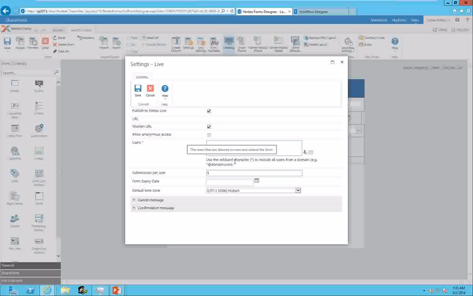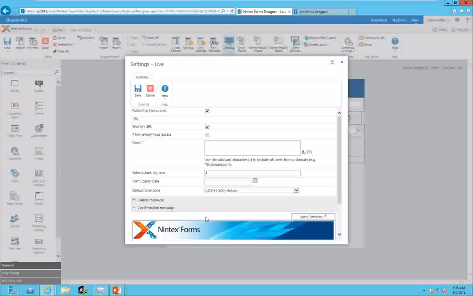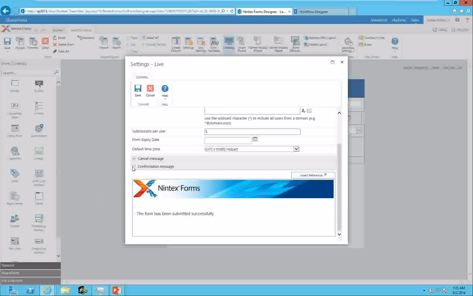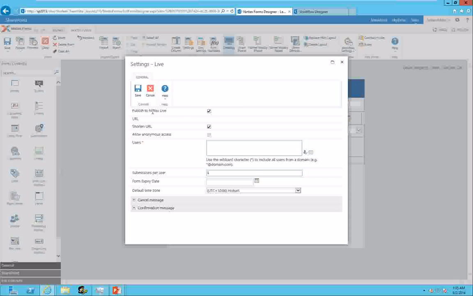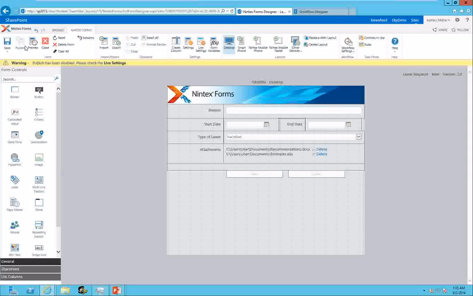Now, this is using your social services like, I believe, Google and Hotmail accounts. You'll notice I can restrict how many submissions those anonymous users can submit. I can also use an expiry date to control how long my form is going to last for, and you can see I can also customize confirmation and cancellation messages as well. So if I've actually now allowed this to be published to Nintex Live, it's going to use a URL shortening service for me. So I'm going to go ahead and save that, and now when I